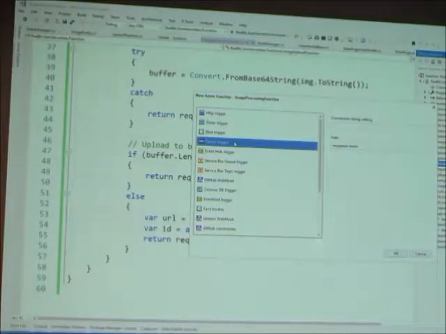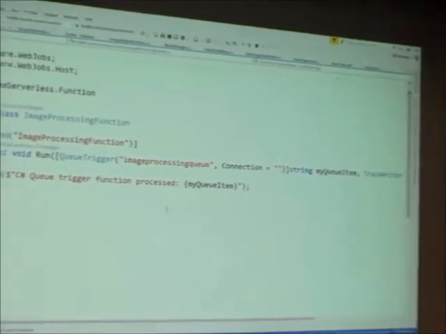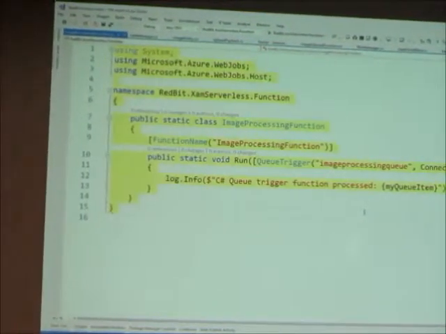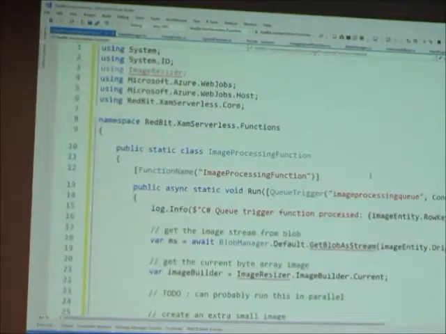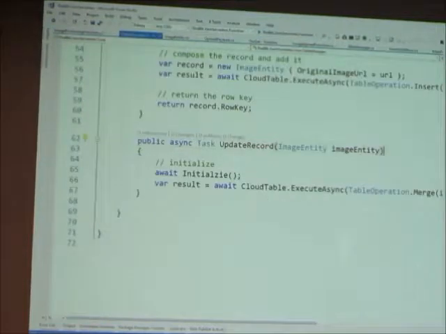So I'm going to select queue trigger, and I have to name this image processing queue. C# is my first language, not English. Image processing queue, and the reason I have to be specific is because then things will break. So once we do that, we're going to replace the implementation with step 4 with this right here. So I'm going to leave this for now because in the table manager we need to add